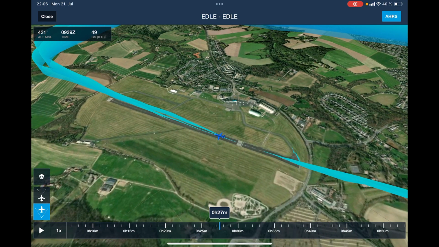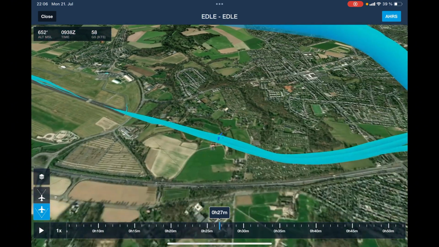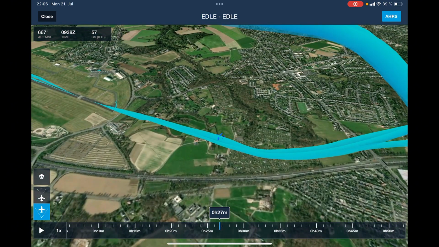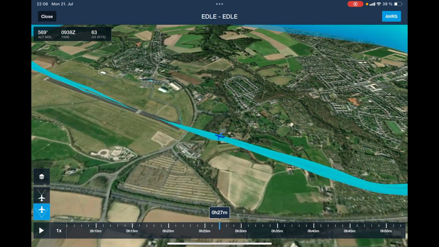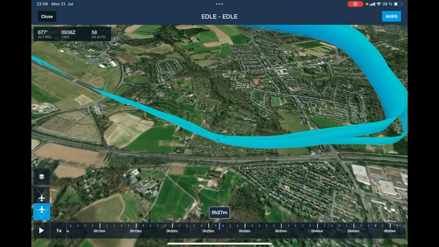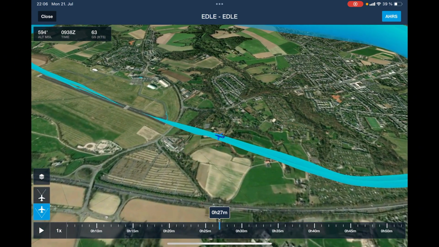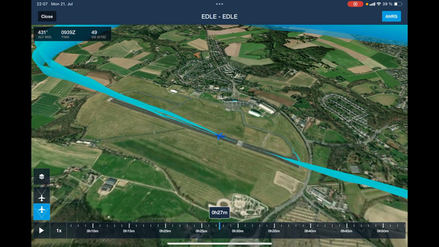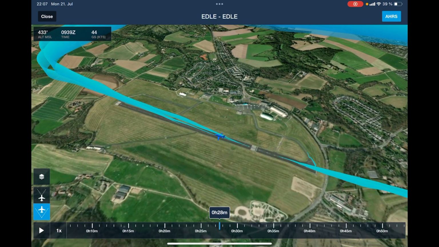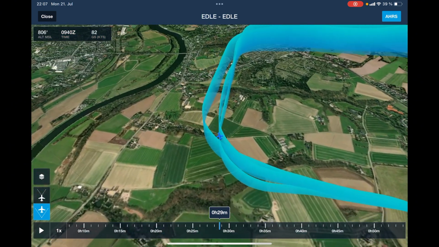But as you could see, at this point I'm more or less not on a glide path. I'm more or less flying straight in. So this is the first mistake I did in the pattern. The second one, at this point,